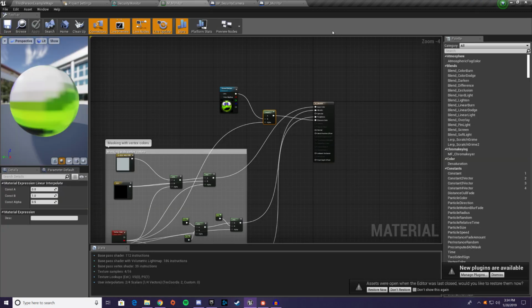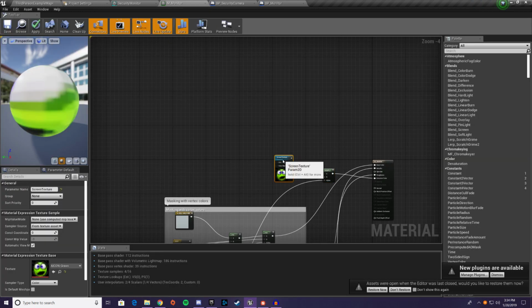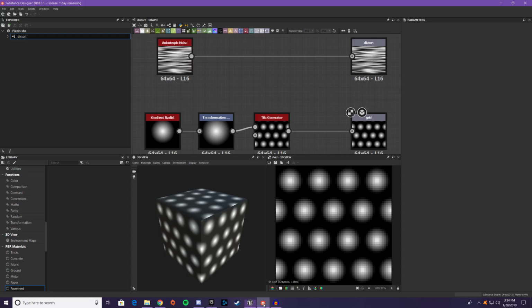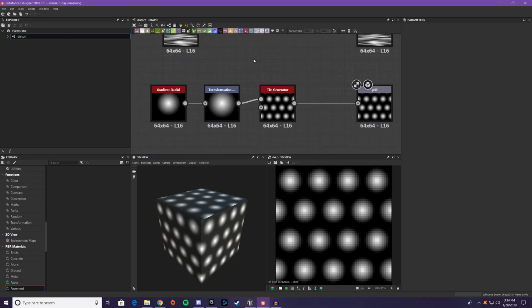So most of this work is going to be done in the monitor material here. And the very first thing that we're going to do is add a pixel-esque texture to it to make it look like it's a CRT TV. So I'm opening up Substance Designer here to show you what I've done to make a texture that gives off this effect. You can see I made a gradient radial,